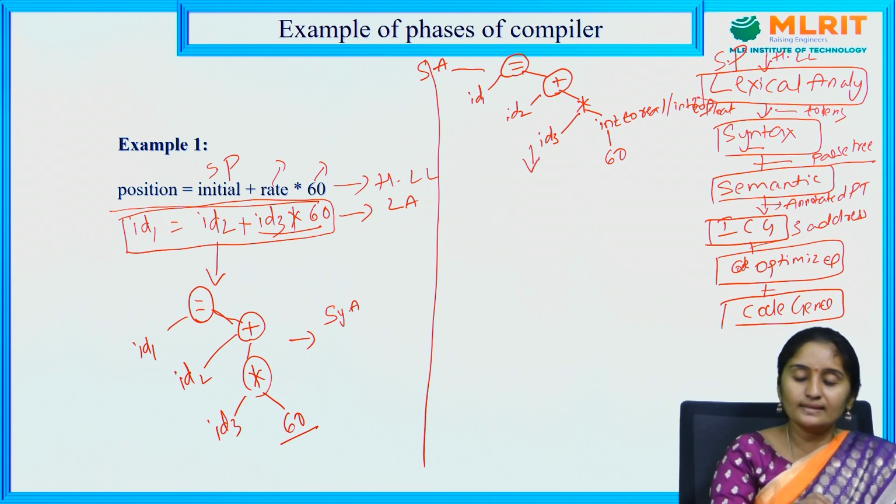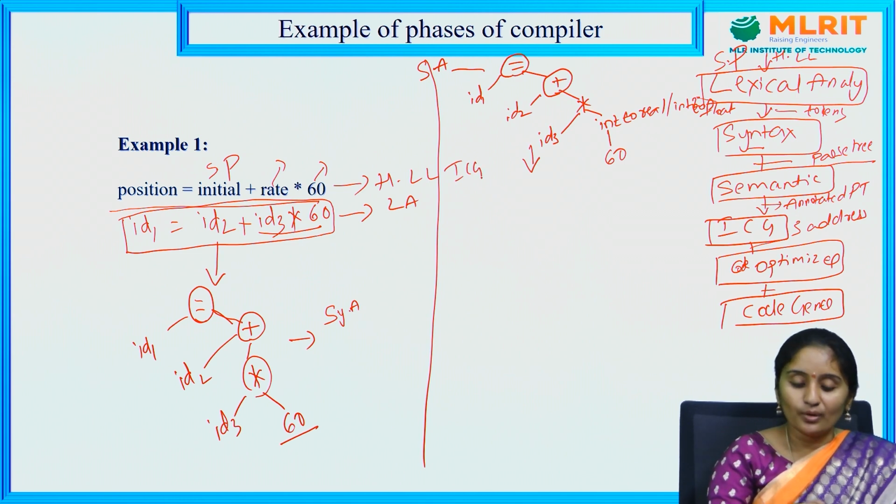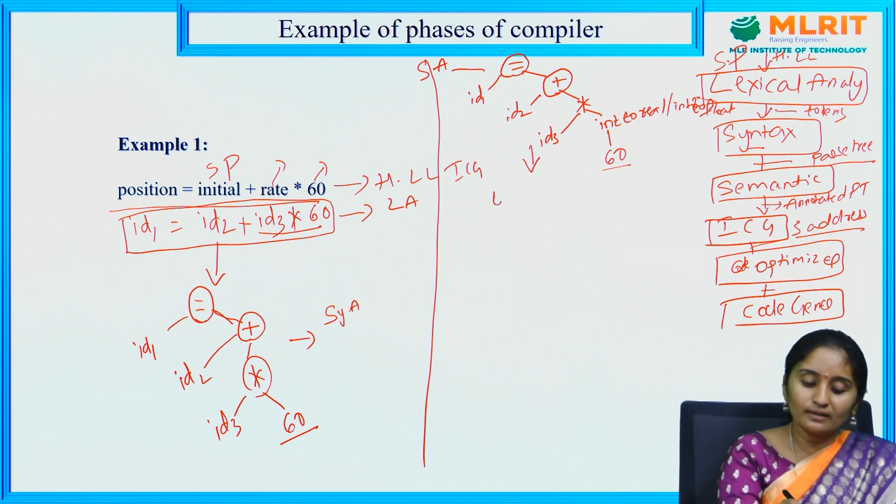This is given as an input to which one? Intermediate code generator. What it does, the intermediate code generator, it generates 3 address code. So what I am going to do, from down we are going for the top. So 60, it is in float value. So I am going to write here